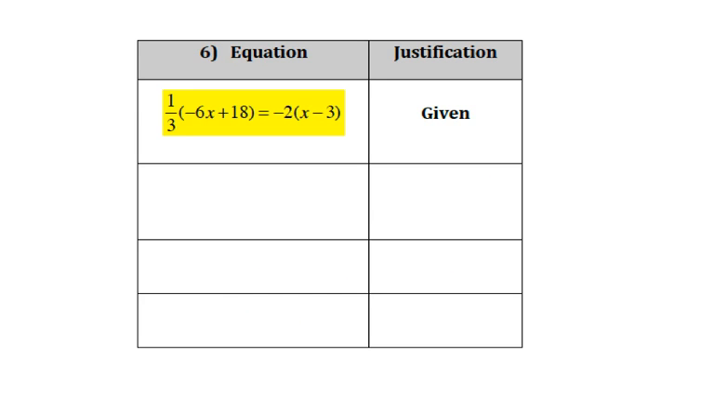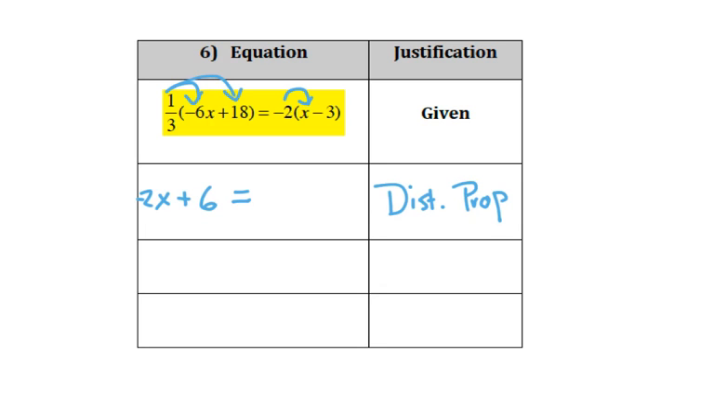Okay, number 6. So here, again, we see numbers next to parentheses. This means we're going to be using the distributive property. So let's start there. So a third of -6x's. So another way of thinking about this, -6 divided by 3 is -2. So we're going to have -2x's. And then we have 18 divided by 3. Well, that's 6. So we're going to have +6 equals,